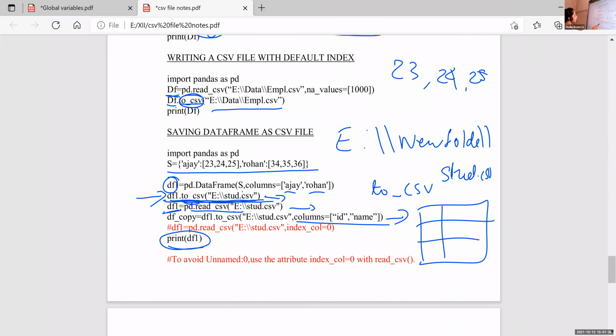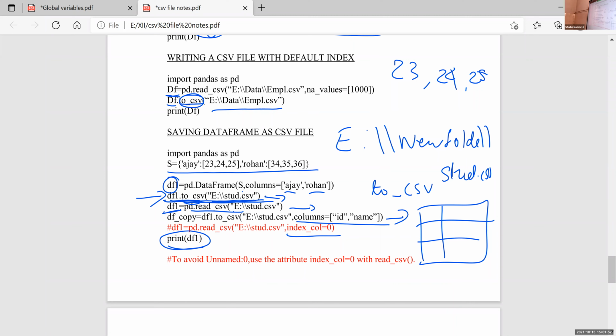Or if I'm using index_col equal to 0, what will happen? So just type all these statements and place a hash symbol here. Then you can check what is the output. And remove this hash symbol and again run the program, save the program. After each change, you just save the program and run the program. Then only you will get the correct output. Without saving, it will show the previous output.